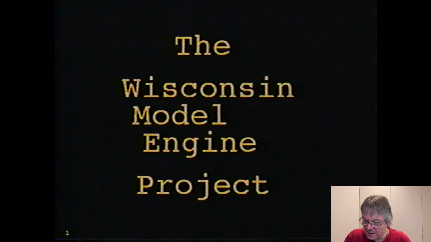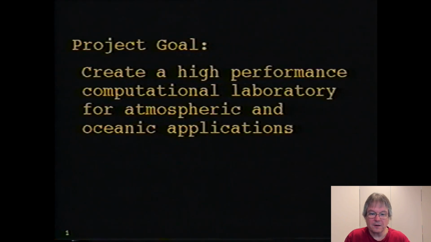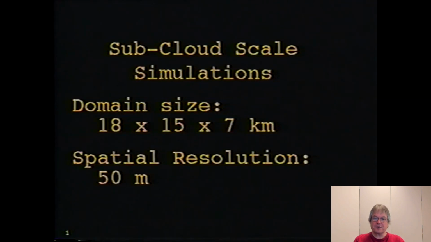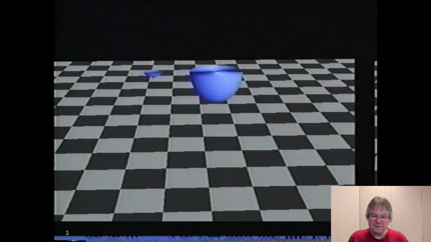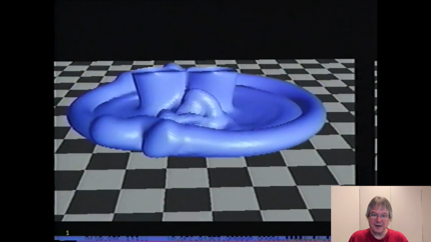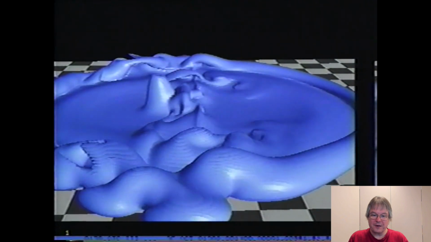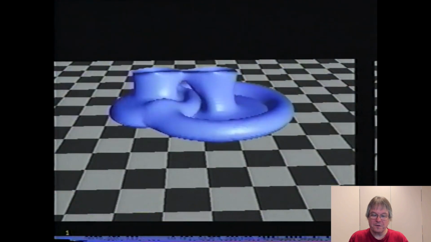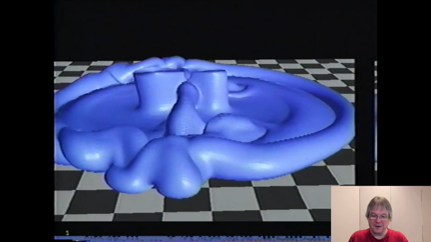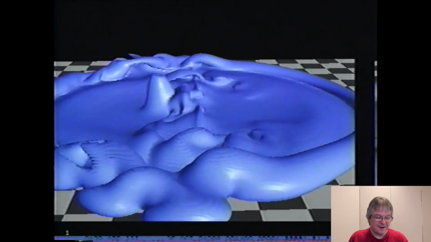All right, so here we've got about 25 minutes left. I am now going to share with you a short video taken from an old VHS, because I don't have the files anymore, that John Anderson put together showing our simulation. So here's a subcloud simulation. Here are the parameters. And the blue stuff, that's the cold air hitting the ground and spreading out. This is the potential temperature perturbation field, and this is the 2 kilometer, 2 minute difference case, and you'll notice that